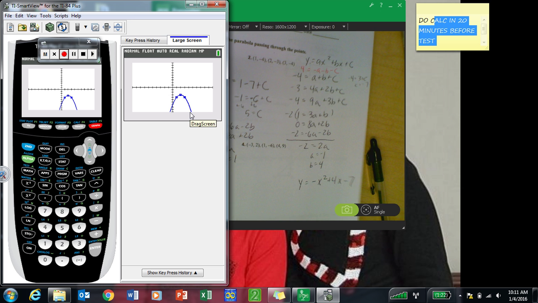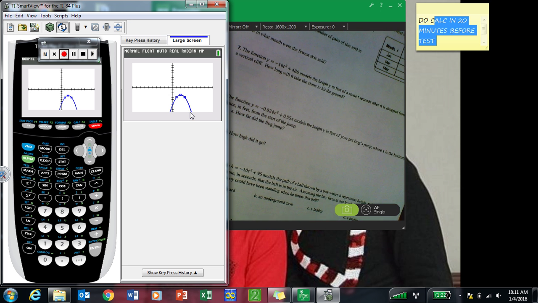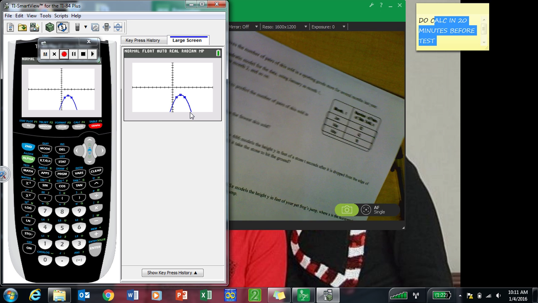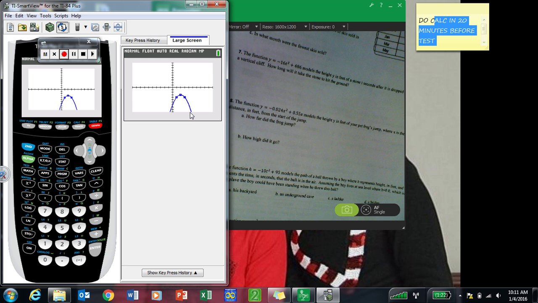So a lot of times we use this when we have a lot of data and not just 3 points. I don't have any of those in front of me right now, but it's usually helpful to use quadratic modeling when you have a whole lot of data points and you want to see if it looks like a quadratic function. But that's pretty much it